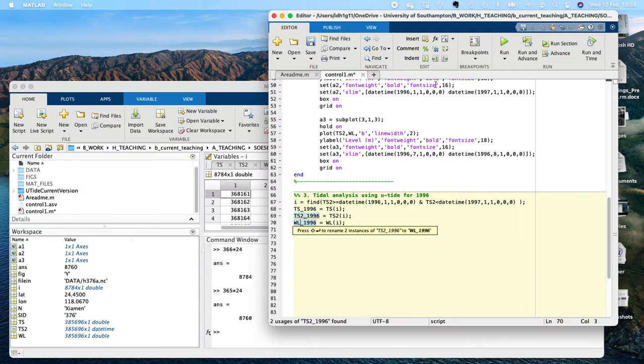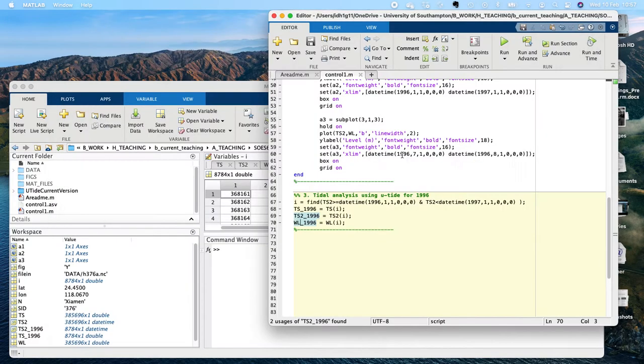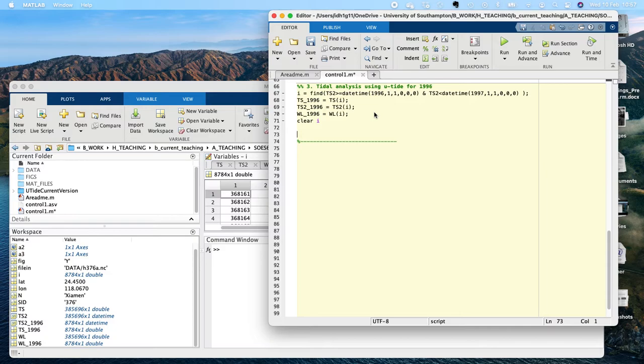Okay, so if I run all of this again now, and in fact what I'll do is, you can see we've got this water level just for 1996, and I can get rid of I because I don't need that anymore. And now let's do our tidal